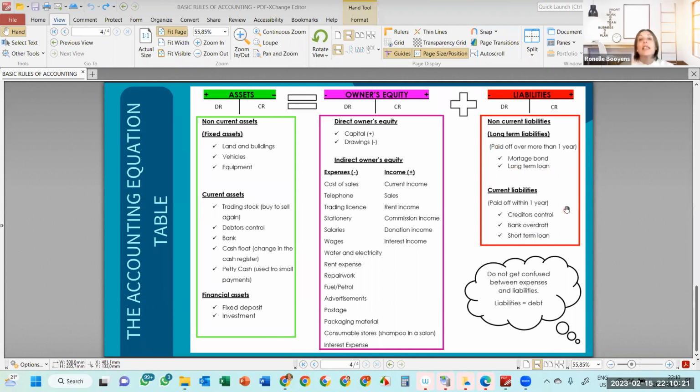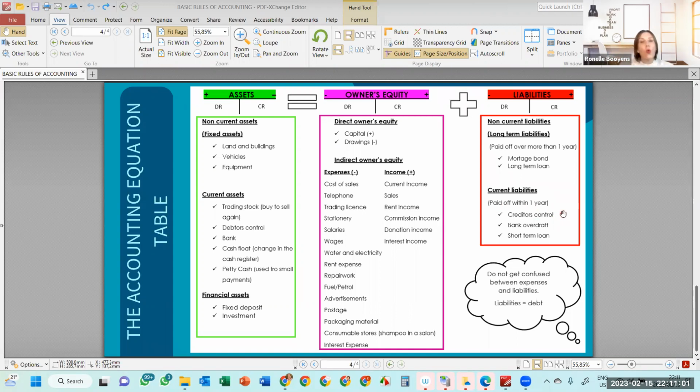Then current liabilities, still money that our business owes to outside businesses or people, but we're going to service that debt or pay the money back within 12 months, usually within 12 months. So that is current liabilities. There's a couple. The first one is creditors, the collective noun creditors, and that means it's all the money that our business owes from buying on account or on credit from suppliers. So we owe those businesses and we call them creditors.